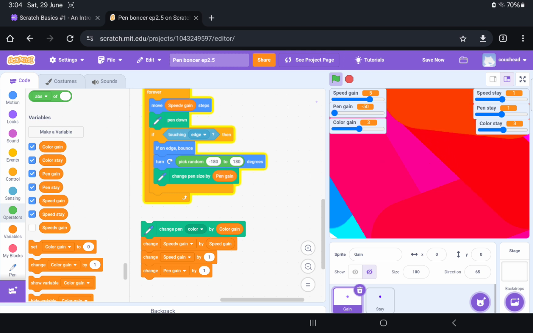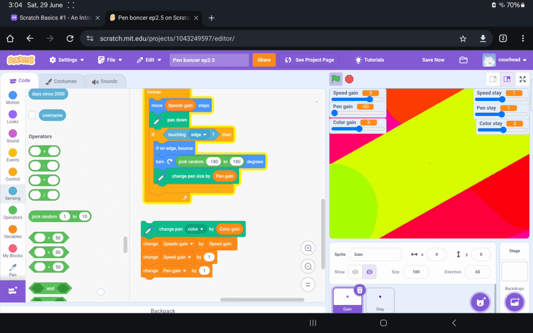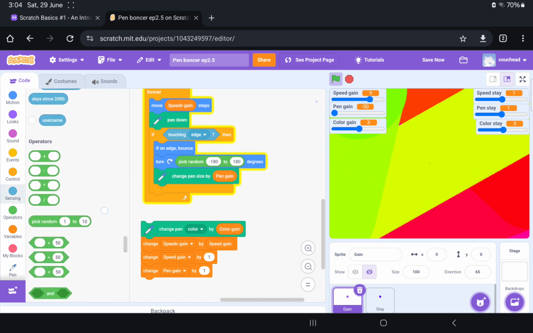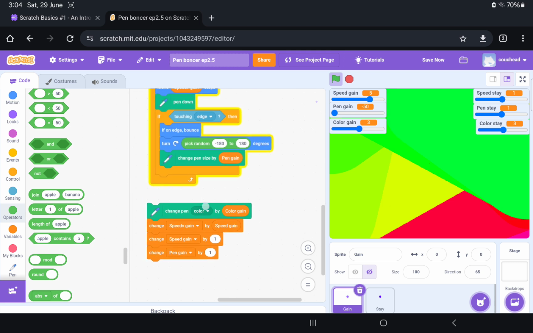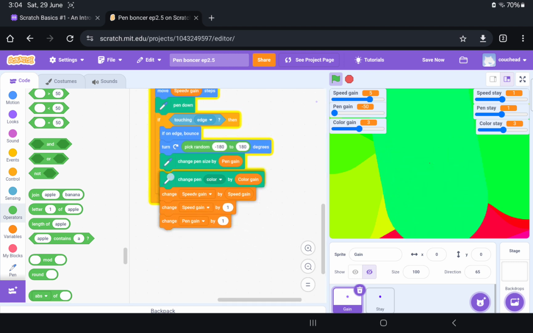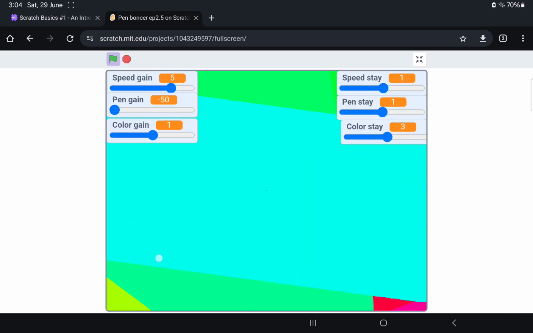I feel like Scratch is doing some cheeky thing. So, what can we do about this? Sadly to say, there is nothing I can do. We have to wait till next episode. But now, if the color gain works correctly,